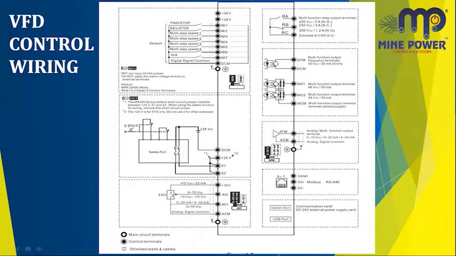Then you see the multifunction output frequency terminals DFM and DCM. These are used as frequency terminals to control. Analog types are also used. You see the analog multifunction output terminals also: 0 to 10 volt, 0 to 20 milliamps, 4 to 20 milliamps. Analog type means, for example, the potentiometer is an analog input which is used to control the frequency.